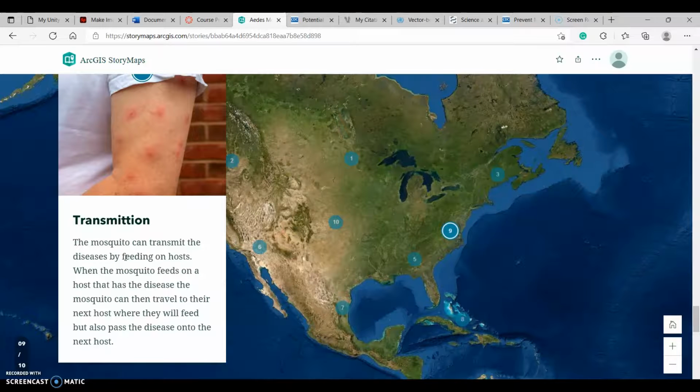Transmission. So these mosquitoes, the Aedes mosquitoes, oftentimes will not carry the disease unless they contact a host that has the disease. How that works is a person becomes infected with the virus in some way, whether it's through another mosquito or another animal or just in the environment. And the mosquito will bite them, feed on them, and in doing so, take up the virus from the blood of their host. Then, after they have digested that, their body still holds on to these viruses, moves on to their next host, whether that's an animal or human, feeds on them, and spreads that disease to them.